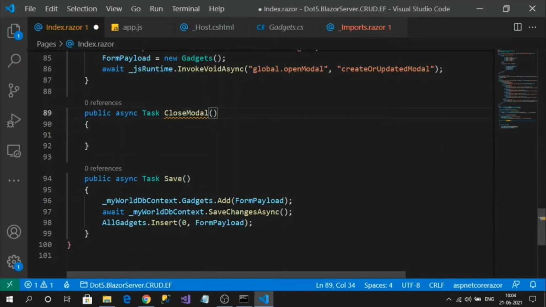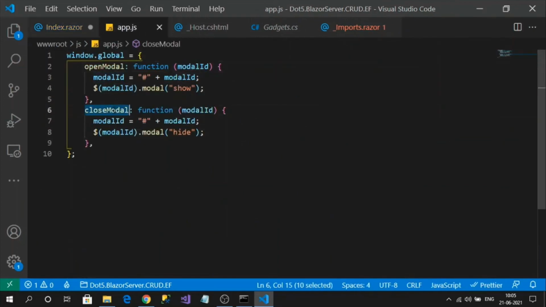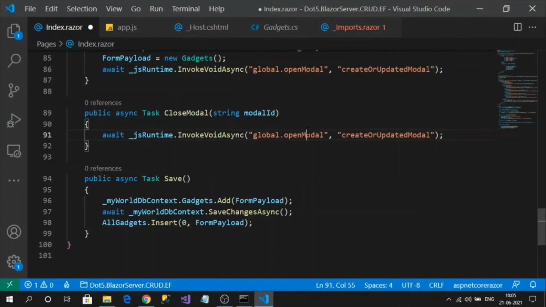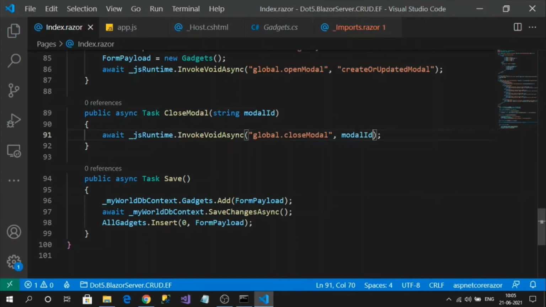So it will take an input parameter like string modalId, the HTML ID value I want to get here. Okay. So now I can use this CloseModal method with the first parameter being the ID value of my modal. So I need to bind this to my close button.